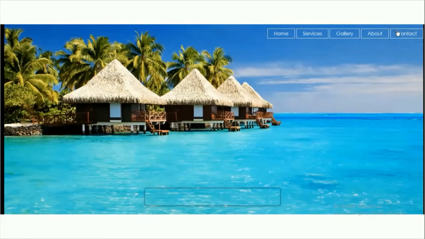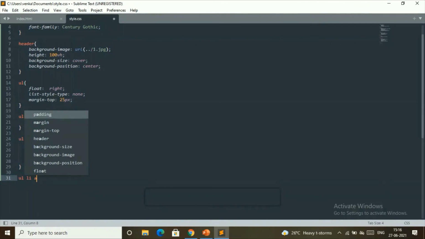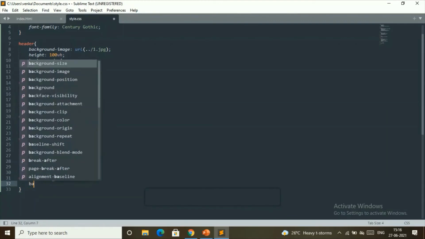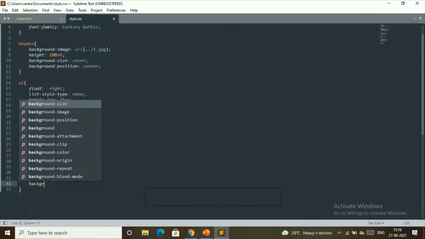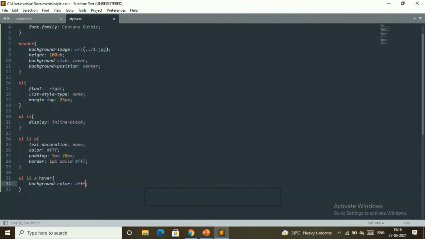And now we'll see how you can change our menu items by hovering onto them. Now let's do this. Now a, and we'll choose a:hover. When you hover onto our menu items, the background color should change as white. So we'll choose this #FFF.